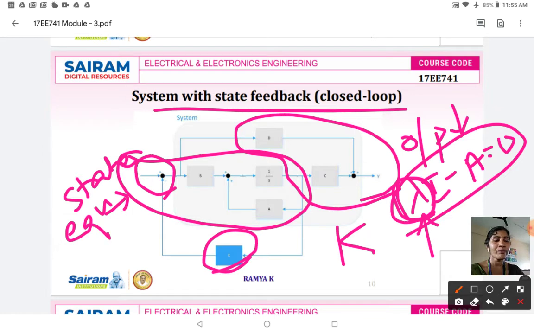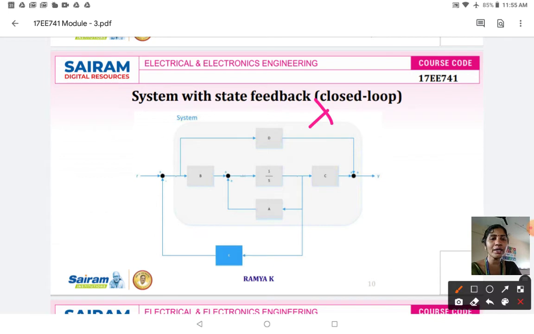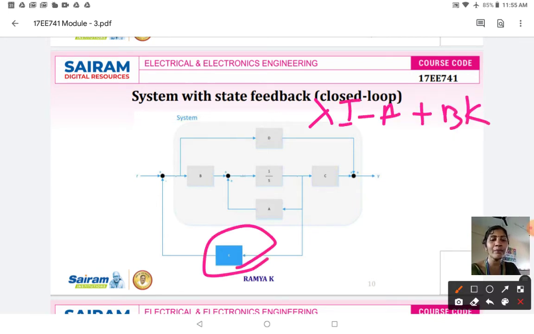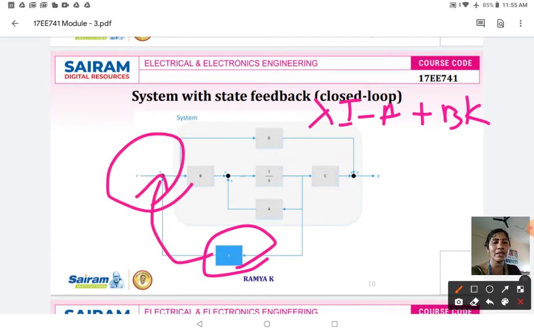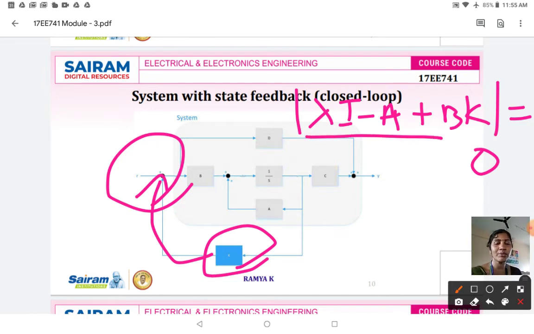So when you are utilizing only this particular equation, it is mainly meant for open loop. In case of closed loop, the equation is changed as lambda I minus A plus BK. Why? Because I have connected a gain K towards your input as a correction factor. Therefore, the characteristic equation can be written as lambda I minus A plus BK is equal to 0. Using this characteristic equation, it is possible for us to identify the characteristic polynomial, and from the closed loop poles given in the problem, it is possible for us to obtain the desired characteristic equation.